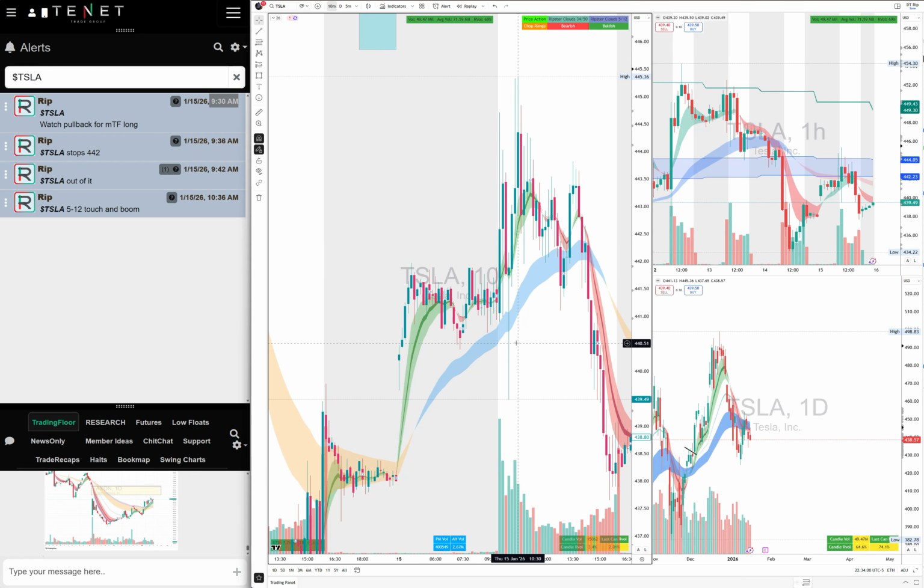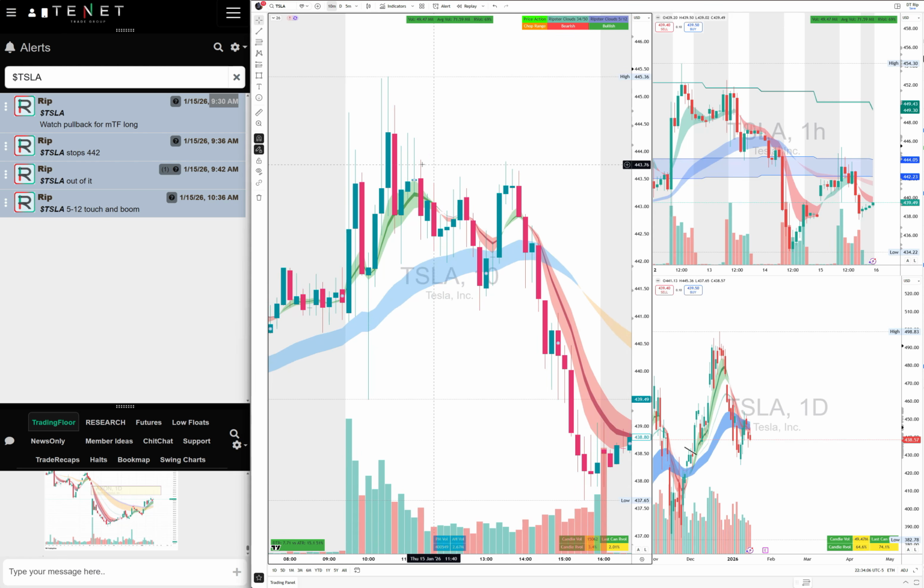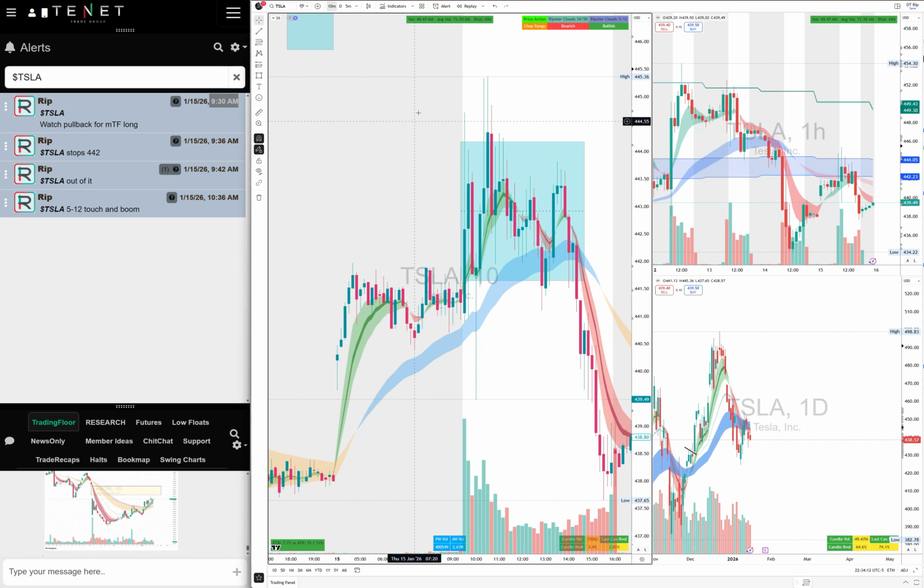It flushed, it broke down 441, but all day it just did that. Fake breakout, come down. Breakout, come down. When you see these top wicks, you should be careful. So understand the chop, understanding when not to trade. This is not a trend.